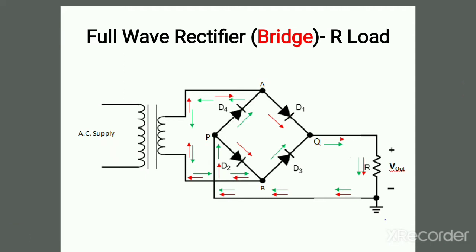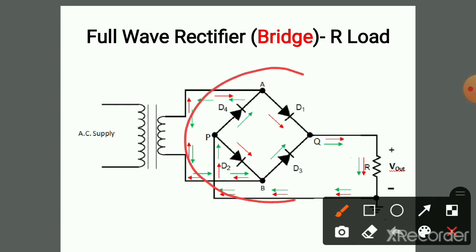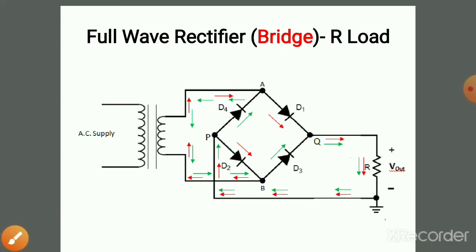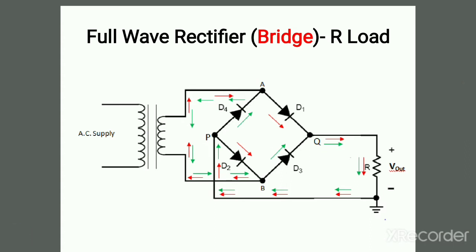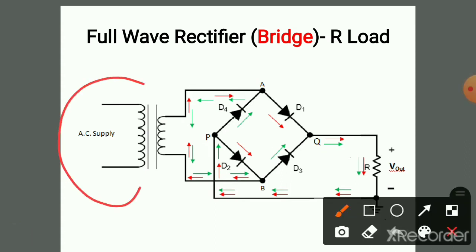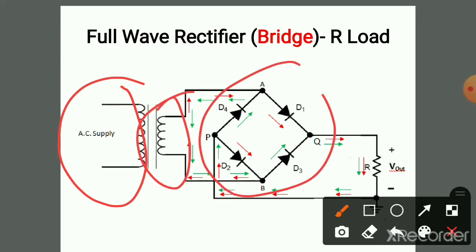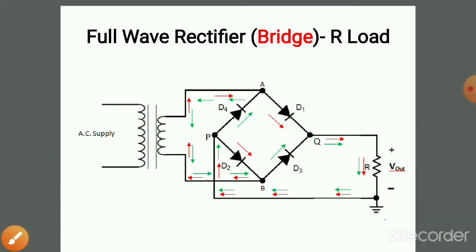So this is your diode bridge here. You have seen many bridges in your measurements, the Wheatstone bridge and others, how bridges are constructed. Here, by using diodes, we have constructed the bridge, so it is called a bridge rectifier. That is the difference. This also consists of a single phase AC supply, a step down transformer, then the diode bridge, then the load. These are the major parts of the bridge rectifier circuit.